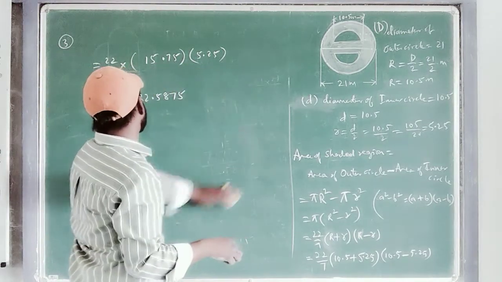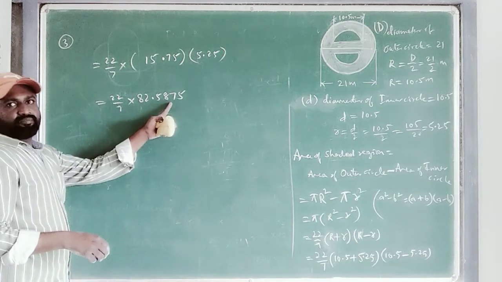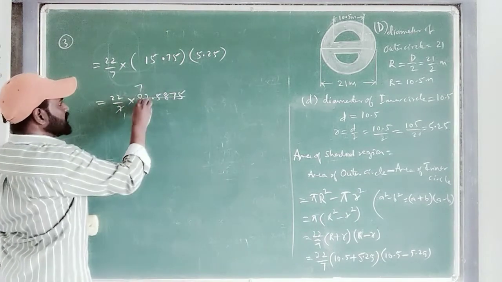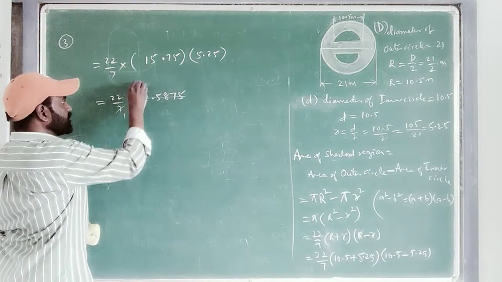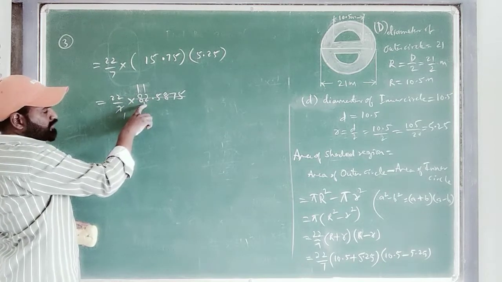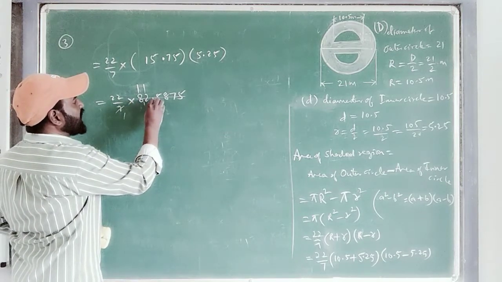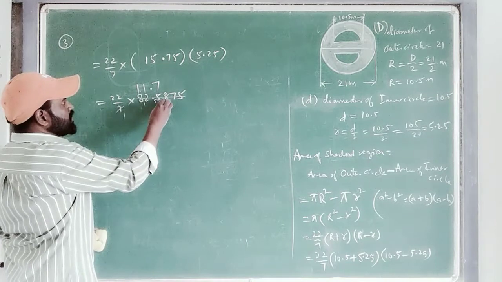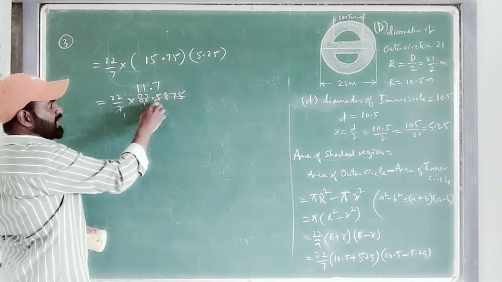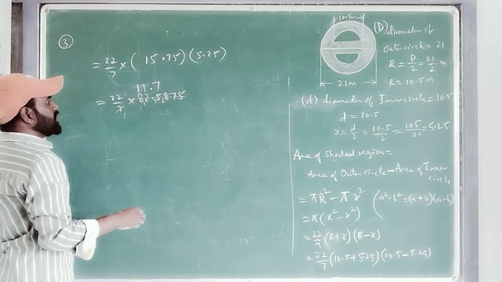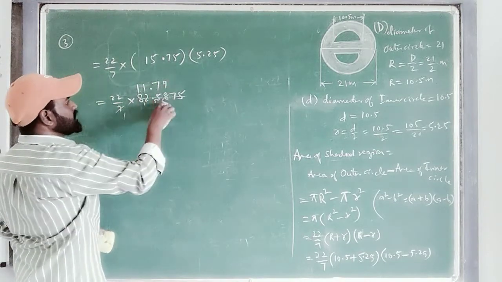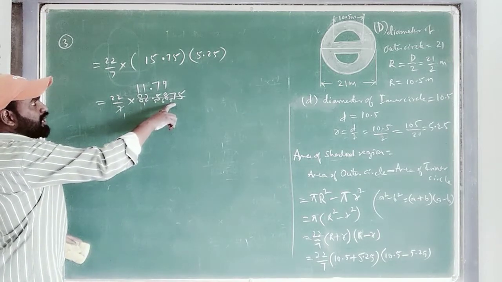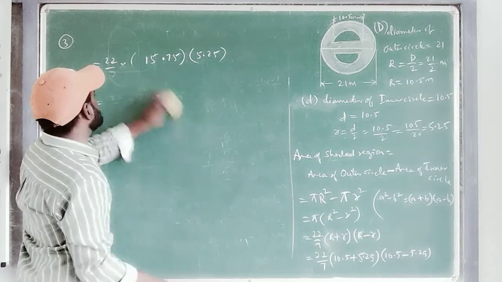Again we have 22 by 7. So is it possible to divide with 7? Let us check. 7 ones are 7. Here again 7 ones are 7. Okay. So out of the 12, 7 is gone. Again 5 will be remaining. Okay. 7 sevens are 49. So 6 will remain, 55 minus 49, 6 will remain. Okay. 7 nines are 63. Again 5 remains. Okay. 7 eights are 56. It will not go exactly. You go for further simplification.